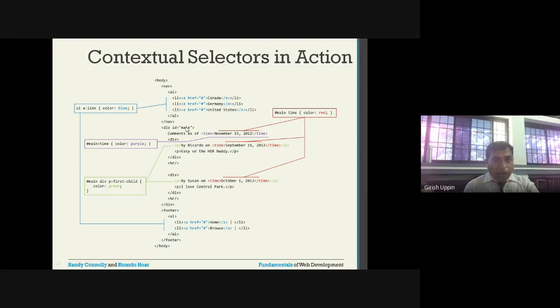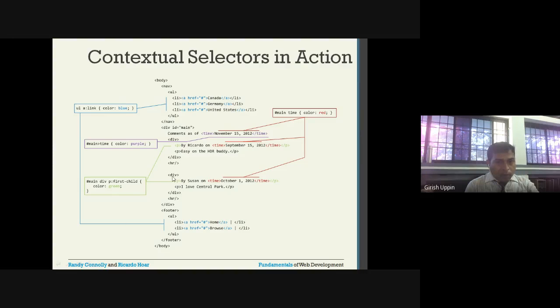Inside this main, wherever there is a time as a descendant, it will apply red color. Again, inside main I have one more division, inside that I have p, and inside that I have time, so it will apply the red color here.